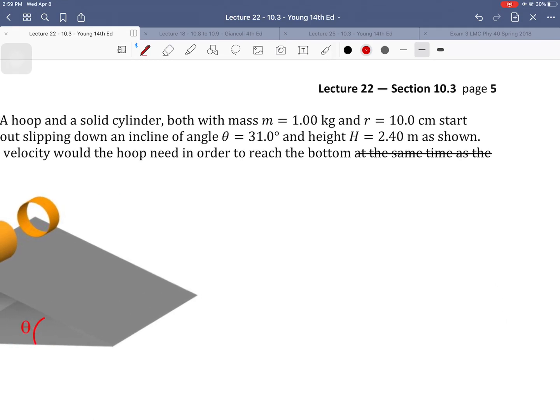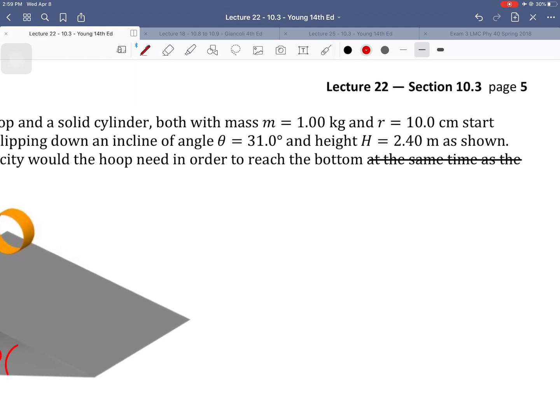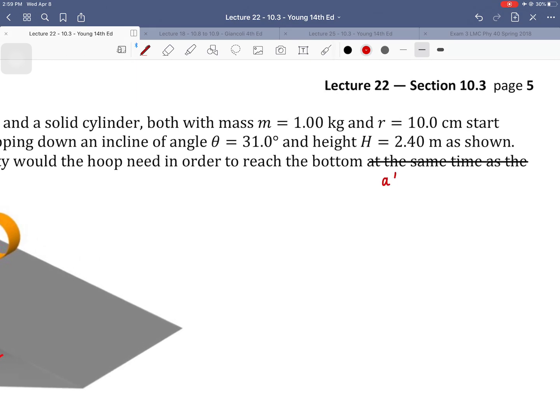So this one you could actually do entirely with energy. You could do it with forces and torques and accelerations and all of that, but you could also just use energy, which would be a whole lot easier. So it's kind of interesting when you can and can't use energy. Remember, you can never use energy for any equation that directly asks for a force, an acceleration, or a time. You can use conservation of energy approaches for any equation that asks for a velocity. Okay? So initial velocity with a hoop needed in order to reach the bottom at the same speed